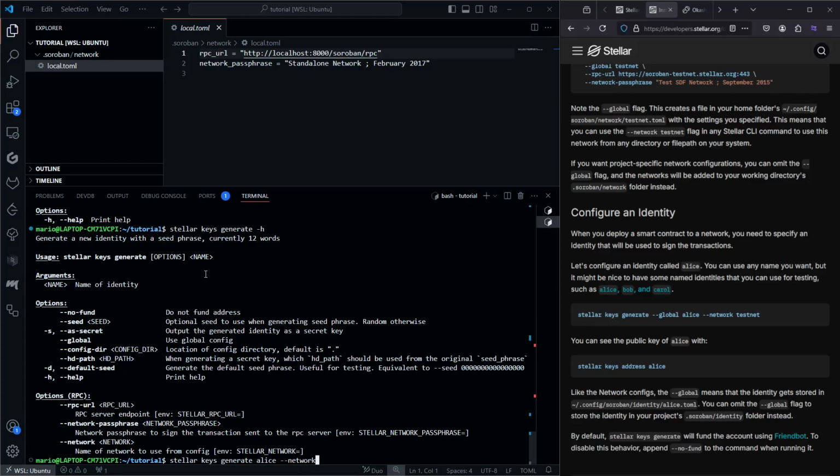So we're going to generate Alice. The name of the identity is Alice, and the network we're going to define as local, and we're going to